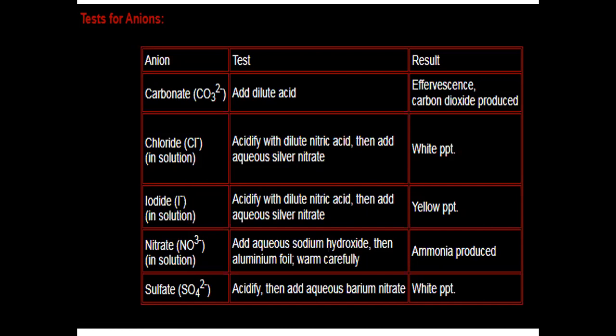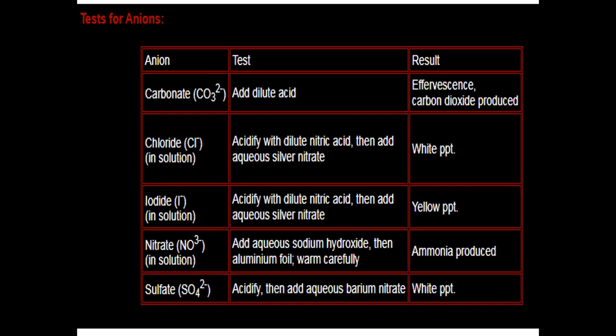You do not need to move in detail, but you have to memorize, because these are very, very important regarding your subject, your paper. Like in case of nitrate, just add aqueous sodium hydroxide and give heat, because on heating the ammonia gas will be produced. If bubbles are produced, test them with litmus paper; if the red litmus paper turns blue,